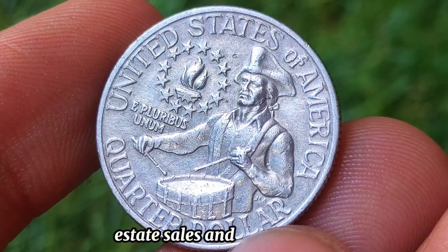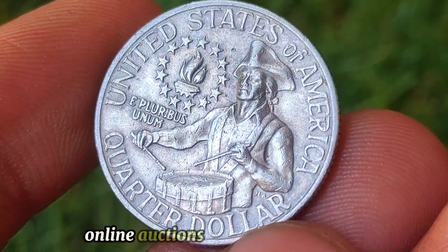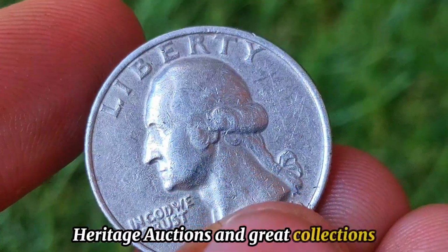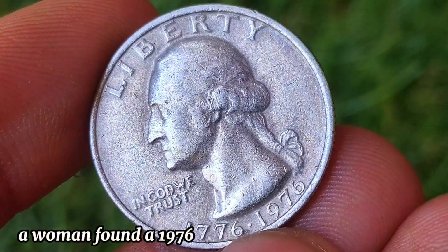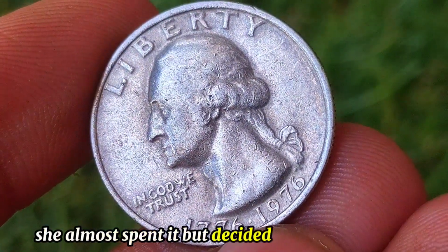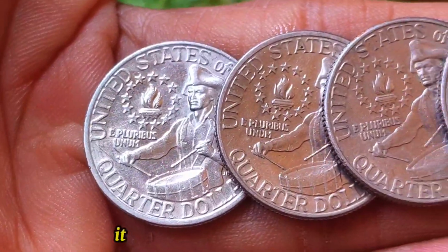Estate sales and flea markets are often overlooked by sellers. Online auctions: keep an eye on eBay, Heritage Auctions, and Great Collections. The accidental collector: a woman found a 1976 quarter with strange doubling. She almost spent it, but decided to have it checked. It turned out to be a DDO in mint condition. It sold at auction for